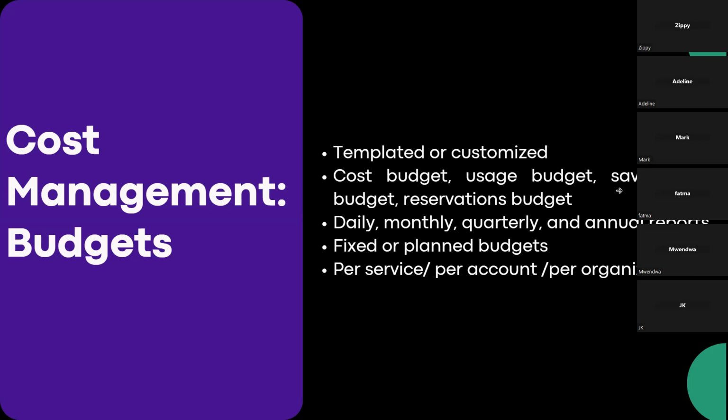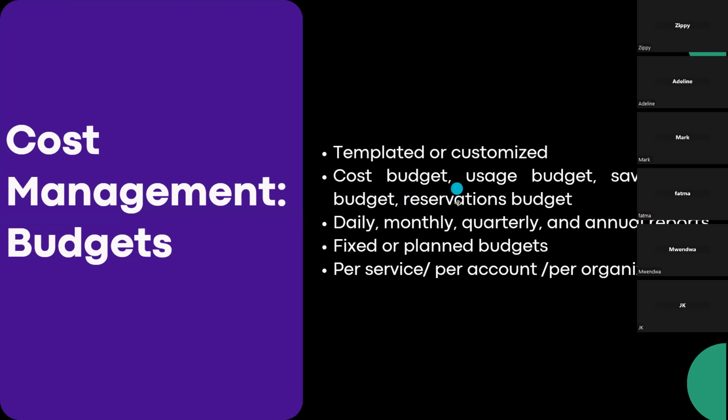Yes, so from there, the other two types of budgets that are supported are also the savings plans and the reservations budgets. But of course, these only apply if you've purchased savings plans, or if you have reserved some of your instances. So this will also help you to track the costs that are being accrued by those instances.